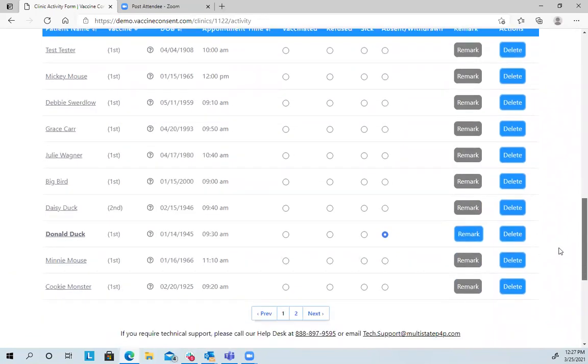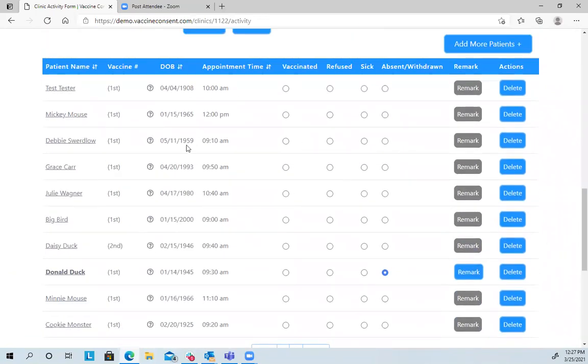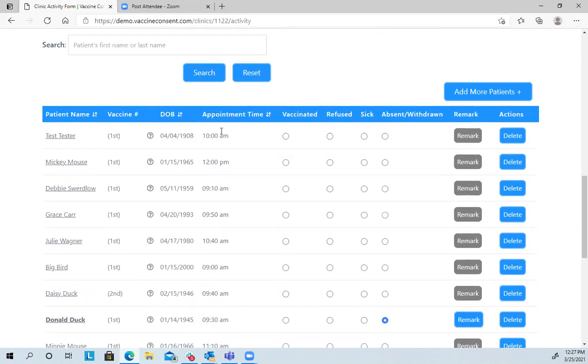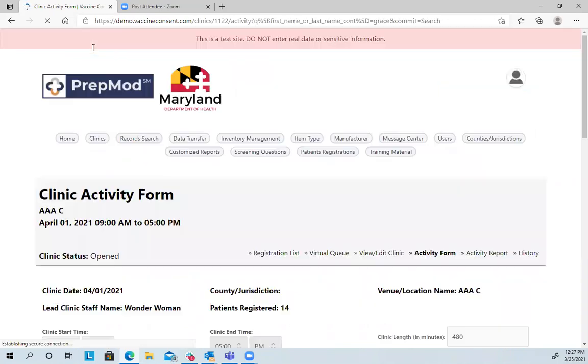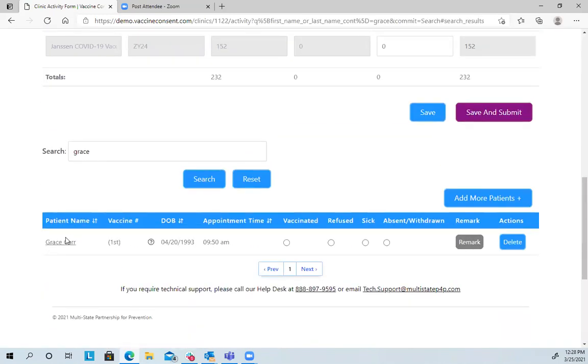For staff coming in, vaccinators working the clinic, you're going to live right down here, and everyone uses the same view. So everyone's working in the same database here. If we need to add a patient during the day, we can do it through this button, and we'll talk about that. So if it's a big clinic, 100,000 people, and you want to make sure that you can find your person easily, you can come right here and just type their name. And by searching on Grace, I'm just going to see Grace's name here. And that makes it easier for me to make sure I'm hitting the right button for Grace.